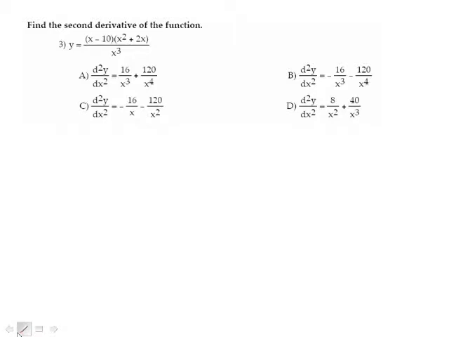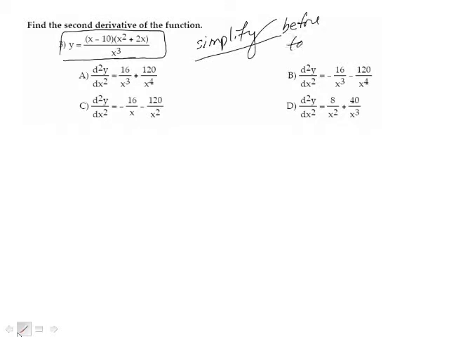Problem 3, we want to find the second derivative of the function. And quite often, before you go using a lot of techniques to calculate this function, you need to look at it and see if there's a way to simplify it, and then take the derivative. So here you would simplify before taking the derivative. So let's do that. Let's write this as y equals x cubed minus 8x squared minus 20x